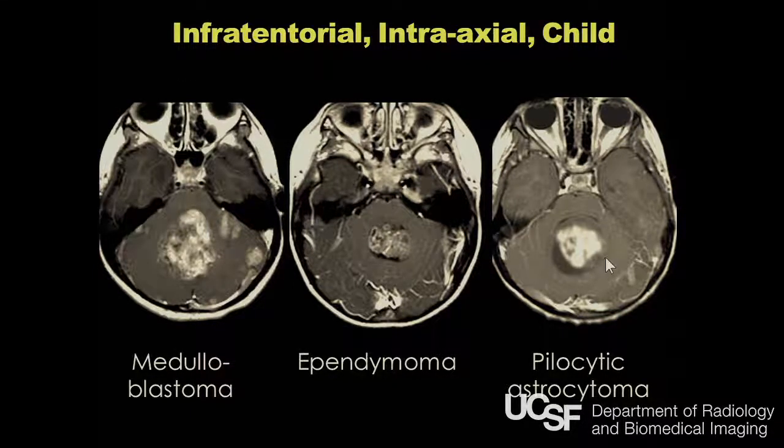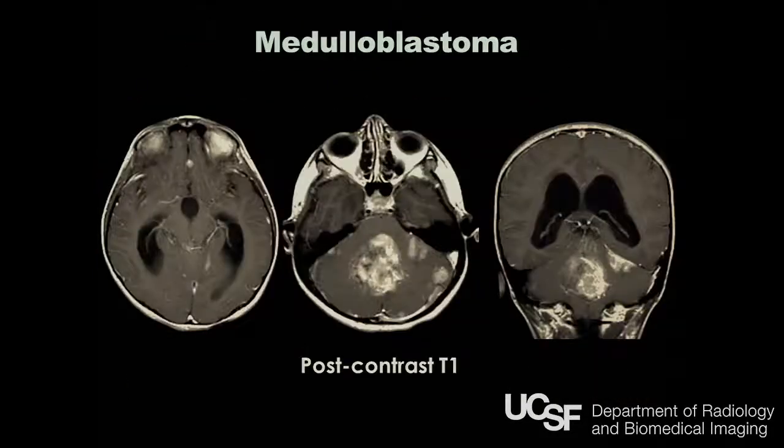Somebody asked me, how do I know that that's not hemangioblastoma? The characteristic hemangioblastoma nodule is usually pial-based, as opposed to the pilocytic nodule, which is deep within the deeper margin of the tumor itself. And medulloblastoma, like I said, is the most aggressive posterior fossa tumor in children, and they also tend to be disseminating along the CSF, so you really have to pay attention to the post-gad imaging elsewhere